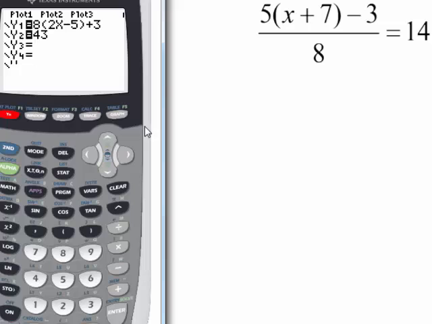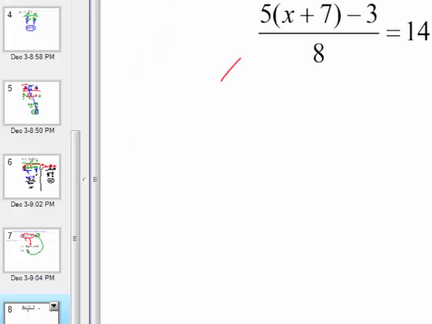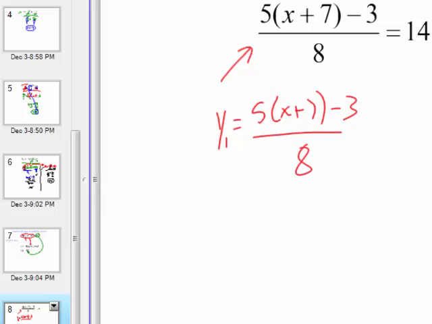Let's check it first. So what I'm going to do is graph this left side. So y1, my first equation, is going to be 5 times x plus 7 minus 3, over 8. And then my second equation is going to be y equals 14. So if I type that into my calculator,